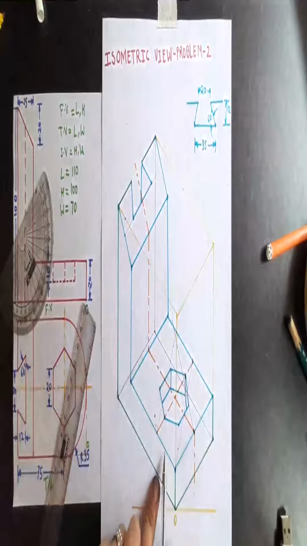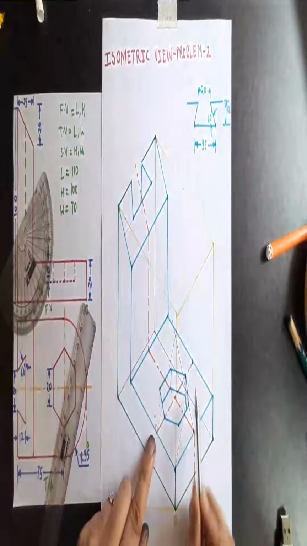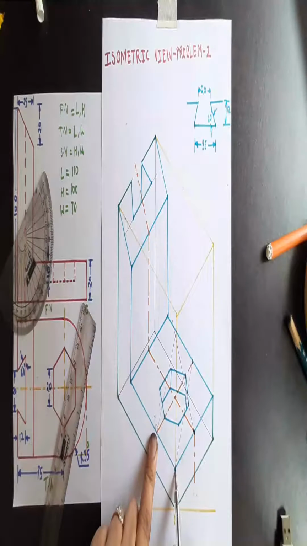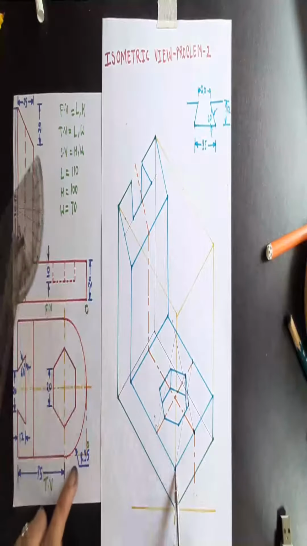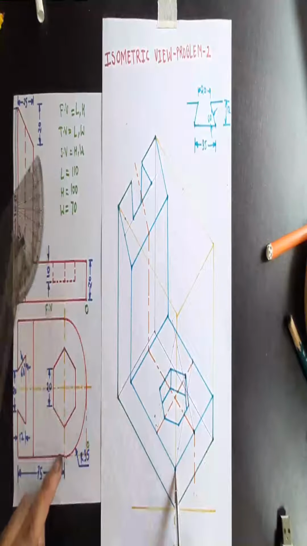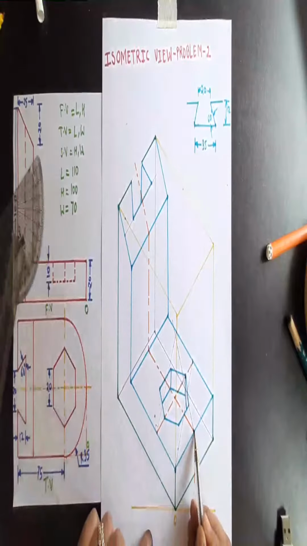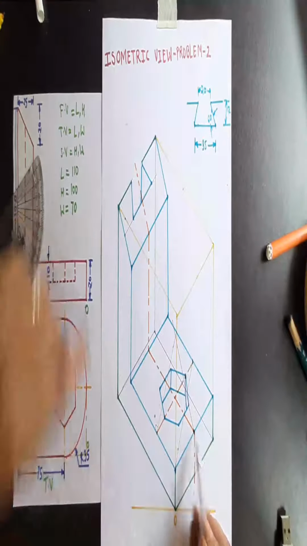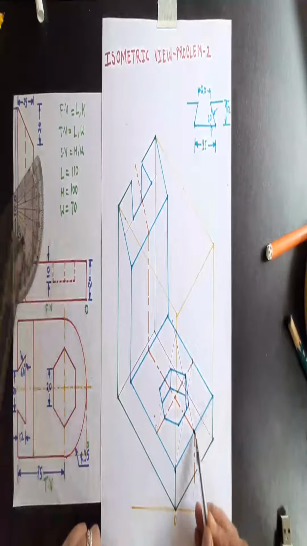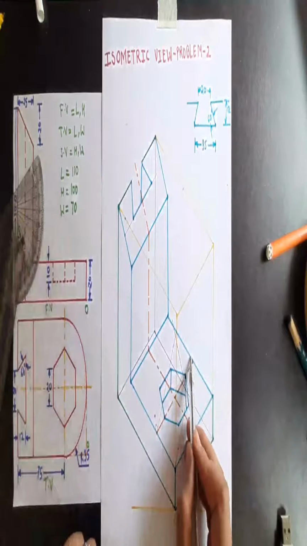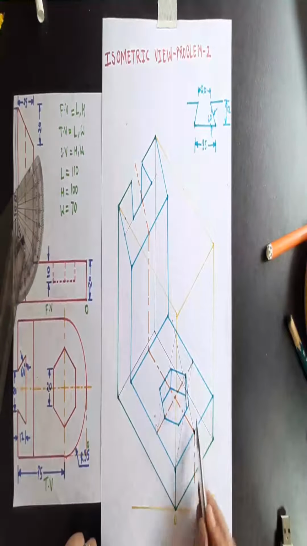So let me explain it again. We have marked these 3 points. From this corner, 35 mm along the length, you can see here 35 mm along the length, the starting point of the arc, the middle point 35 mm along the width. Let's consider another corner point, that is this one. So again 35 mm along the width and 35 mm along the length. We have got these 3 points.